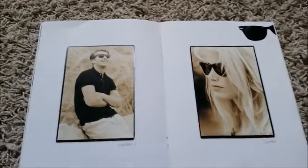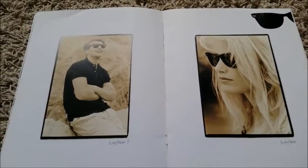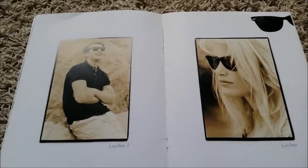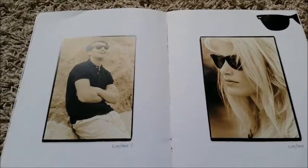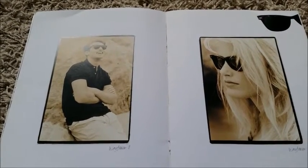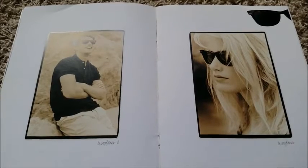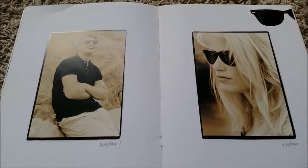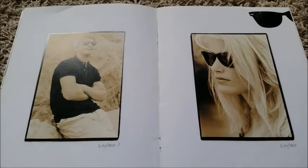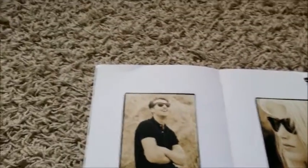I just want to show you this particular page because I like the way the photograph has been taken in this, with the brown hue or the brown colouring. It really brings the glasses out of the picture. So instead of you focusing on the human model, the glasses take centre stage. Yeah, I like that kind of style. The way the photographer has decided to go with the brown instead of black and white or colour. I think that's a really good idea. And once again, another blonde model. But yeah, this catalogue, being 1989,